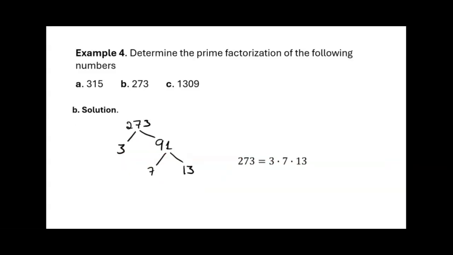And in a similar way, you can factor 273. You can write it as a multiplication of prime numbers. And similarly, you can write down